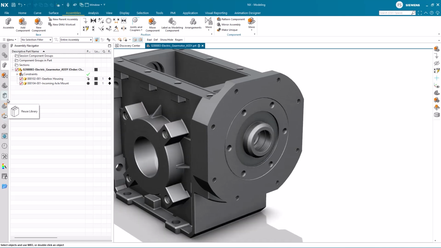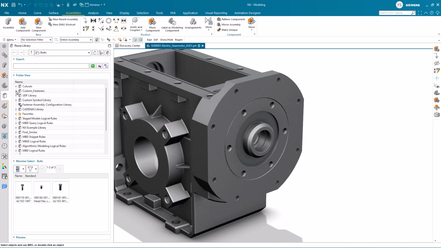So, now that we are familiar with adding components from a known library, we also want to have a look at how to add what is defined as a standard part. We therefore navigate to the Reuse library and to the sub-library containing the part that we need. With previews of the standard parts, they are easy to identify. Note that if our library is packed with parts, you can do a search at the top of the Reuse library tab for easy finding.